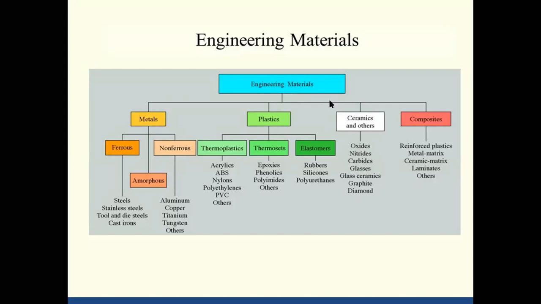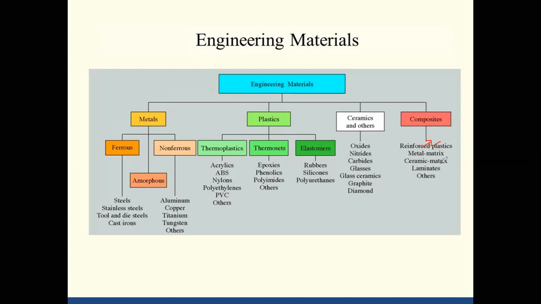Composites are nothing but reinforced plastics, metal matrix, or ceramic matrix. Laminates are where you place a number of layers of reinforced plastic. Reinforcement is the addition of something, for example reinforced concrete. In concrete we separately add iron, so we can call it reinforced. Reinforcement is the addition of metals, as in a metal matrix.